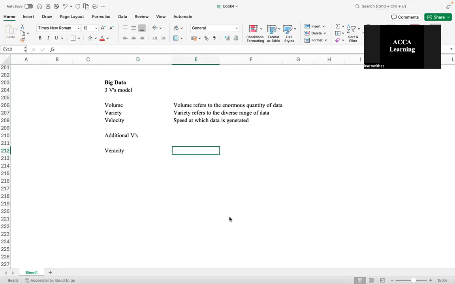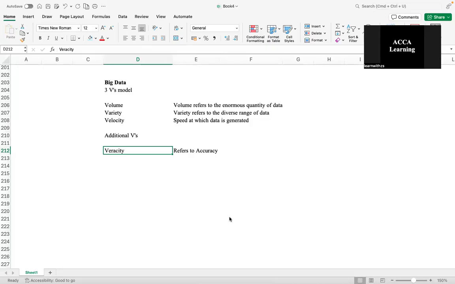In simple words, you could say it refers to accuracy: how accurate your data is, how reliable your data is, the trustworthiness of data. It's very essential to ensure that the data is complete and consistent. If, say, you're analyzing customer data, you want to make sure that the data is accurate and up to date. This is the only way you can know that your decision making is accurate and reliable, when you measure the veracity of the data.